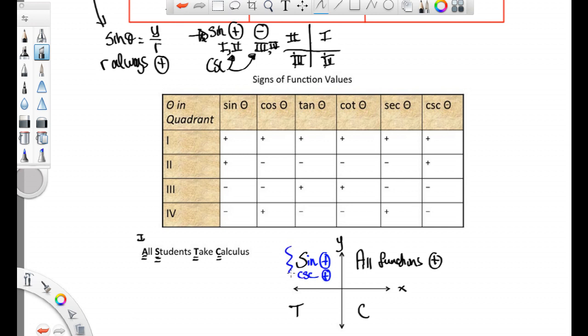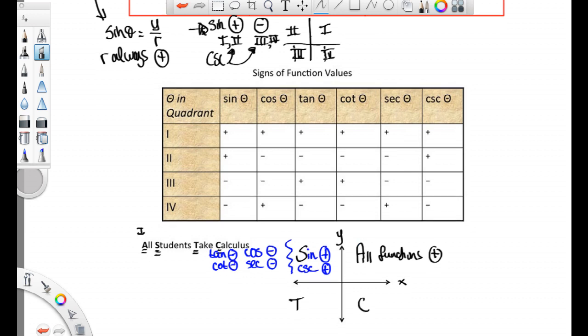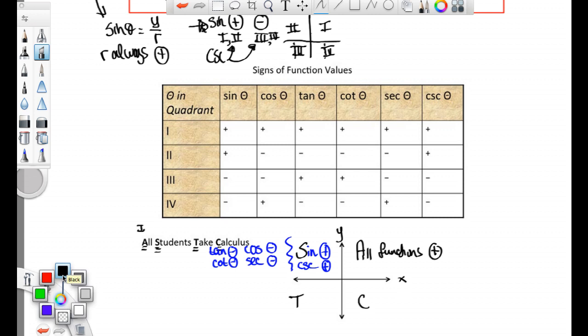Well, that leaves a bunch of other functions. So which functions do I not have then? Well, I don't have a cosine listed, so that one's negative. And that means that the secant is negative as well, right? And I don't have a tangent listed, so that means that the tangent is negative and that the cotangent is negative as well. So those are all negatives. Okay, how about over here? Well, hopefully, again, you're starting to figure out that the T stands for the tangent,